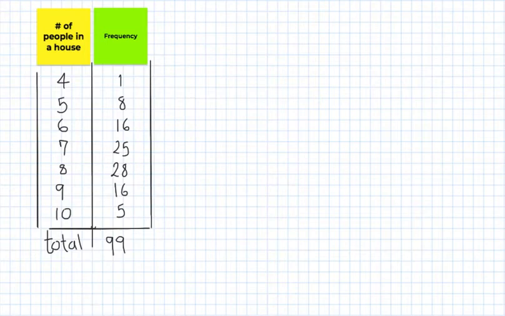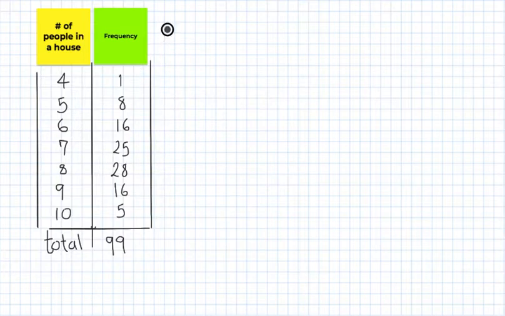Hello, now I'm going to explain how to draw a box and whisker plot. Here we have the number of people in a house and frequency. We can think that these could be families and the number of people who live in a house for that family. So here we have 4, 1 family; 5, 8; 6, 16 families; 7, 25; 8, 28; 9, 16; and 10, 5. So the first thing that we need to do in order to draw the box and whisker plot